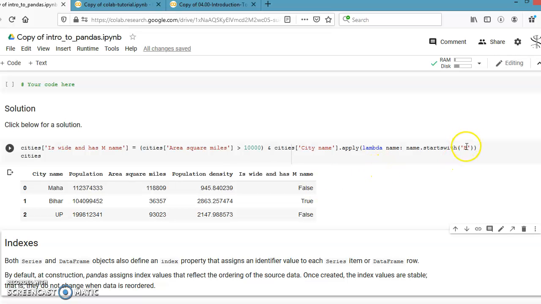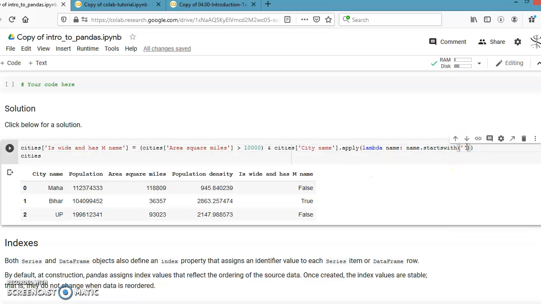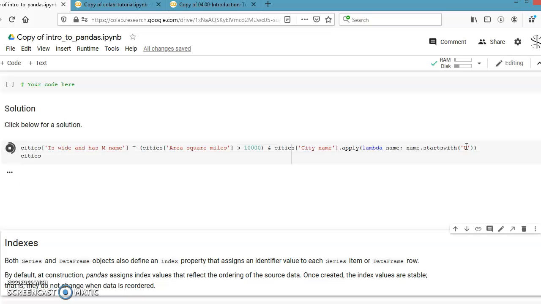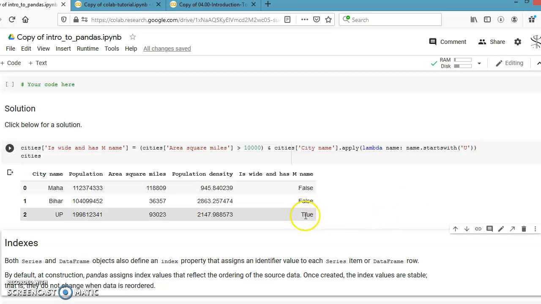Now if I check again with U, we run it. See, 2 for UP, and likewise you can do various operations. See the column name, you can change it, you can give some other meaningful name, whatever operation you want to do, and like that.